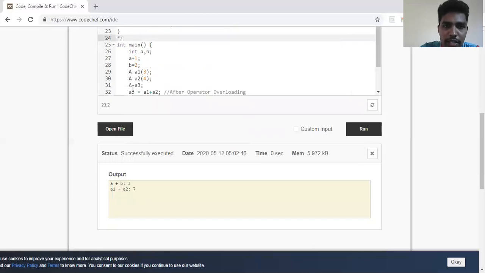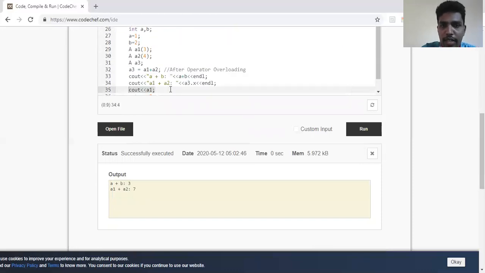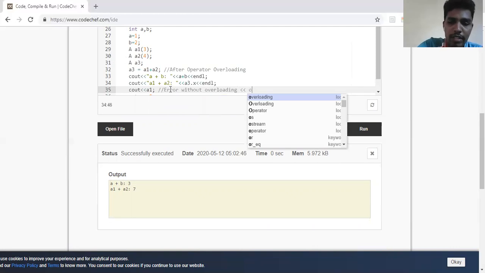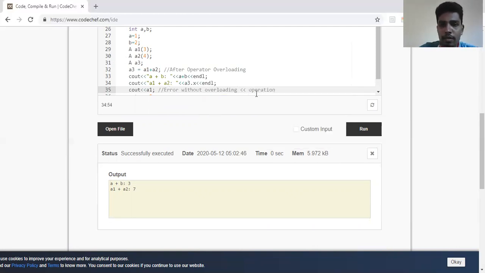So if you can see here, this line actually now creates an error. So it was an error without overloading the insertion operator.